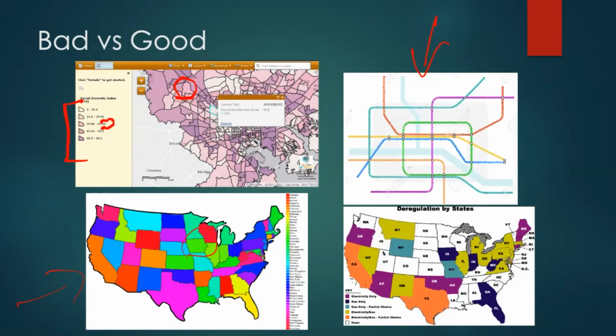The bottom right, however, is an example of a good display because it has, what do we have? We have 6 different categories that are all very discernible from one another in color. So I don't have to see what shade of blue this is. I can just tell that it's blue.